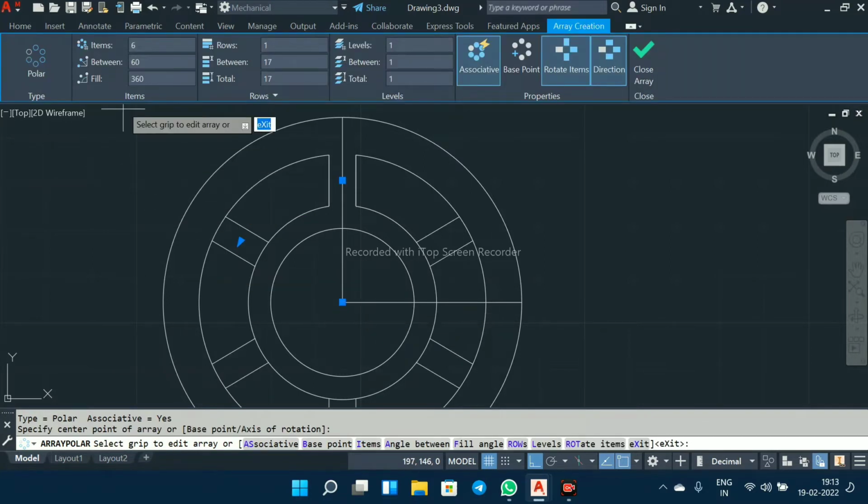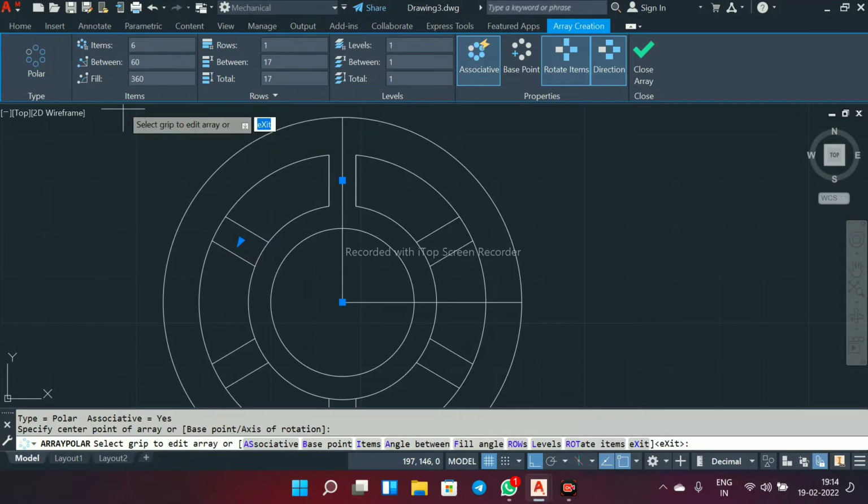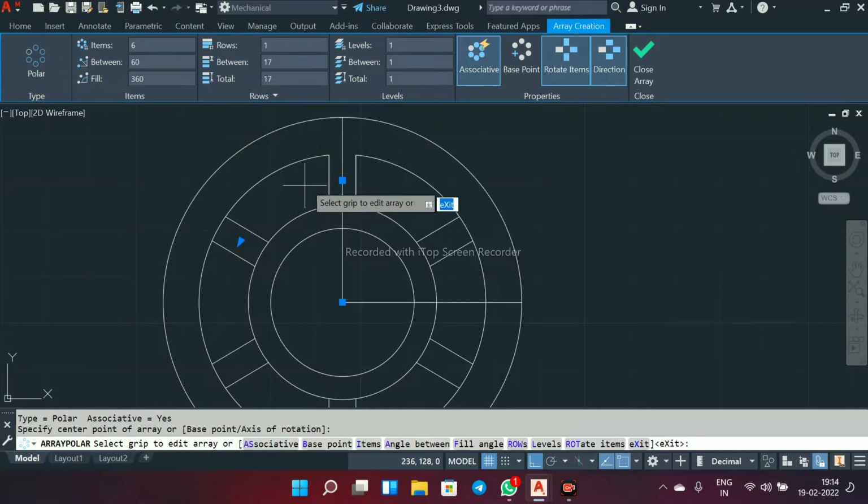Now items will be displayed as 6, that means the number of items will be 6. Keep as it is, and the angle between items will be 60 and fill angle will be 360 degrees. This is 60 degrees between two objects, and this is the full round, 360 degrees. Select close array.